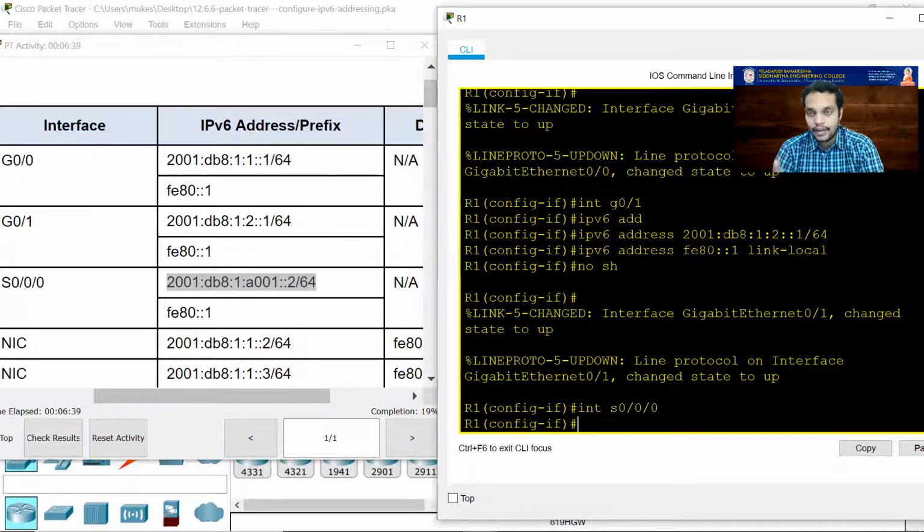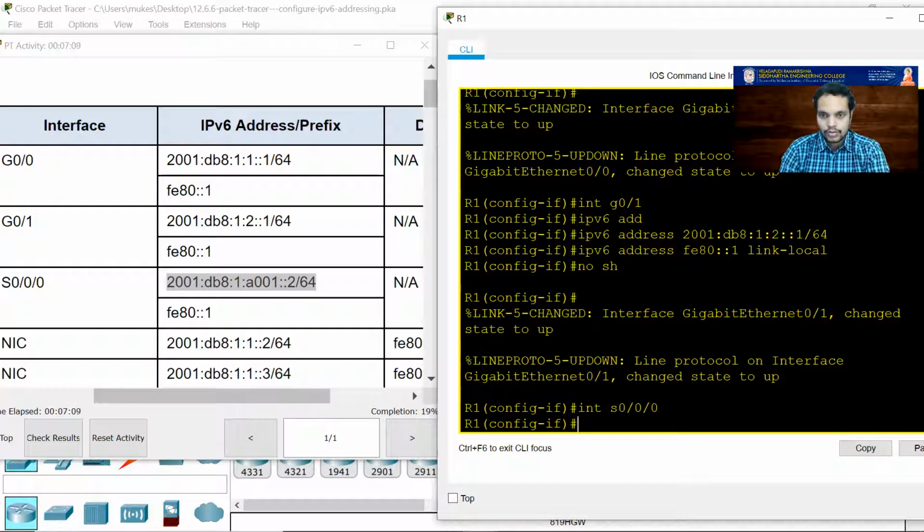And remember that if you made any mistake while doing these address things, and you want to remove that particular address, there is no Ctrl+Z here. What you need to do is enter into that interface again, type in no, and then type in the same command, ipv6 address, whatever you typed. So it will automatically remove that address. Then you give the new command for the new address or the correct address which you want to assign to that particular interface. Do remember these steps. It will definitely come in handy when you are doing the examinations.